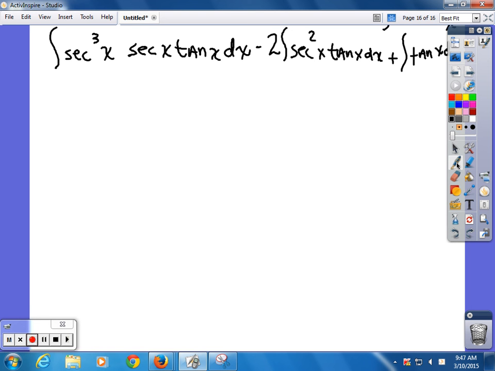So secant tan is the derivative, so that will make this u to the fourth over 4. So that'd be secant to the fourth x over 4, which would be 1/4. You can pull that out. Minus